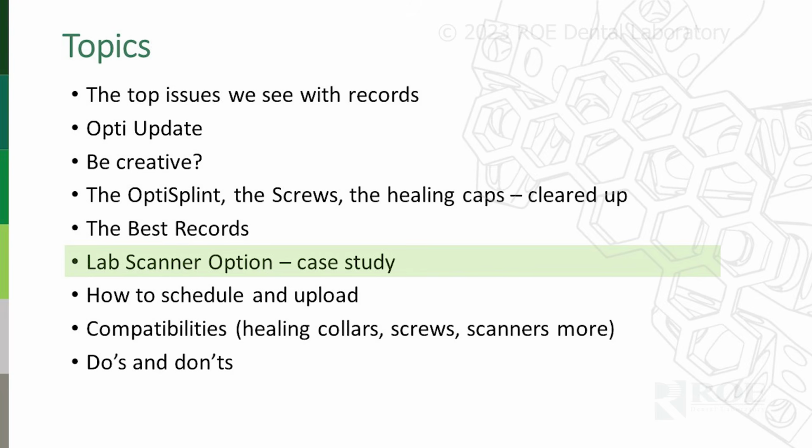Okay, and then lab scanner. Just quickly, we're selling some lab scanners. More doctors are picking them up. They have a high utility, whereas I say photogrammetry has a low utility, one use. If you have a lab scanner, you can scan a denture for a duplicate. You could scan your models. You could scan bites. You could scan opti splints. You could scan bodies that you've picked up. There's so many things that you can put in a lab scanner and send off and become a